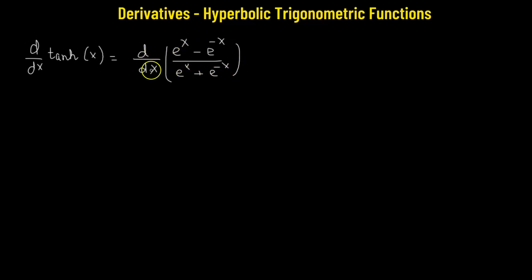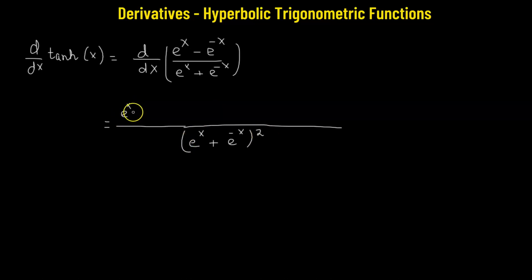Now all we have to do is find the derivative of this particular expression, and for that, what do we need to use here in order to find the derivative? So since this is in the quotient form, we have to use the quotient rule. So we will begin by taking the square of the denominator. So we have e raised to the power of x plus e raised to the power of negative x squared. And in the numerator, again we'll start with the denominator, e raised to the power of x plus e raised to the power of negative x